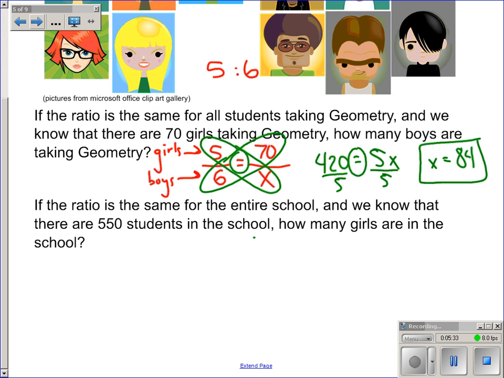Now let's move down to the next problem. If the ratio is the same for the entire school, and we know that there are 550 students in the school, how many girls are in the school? Now again,